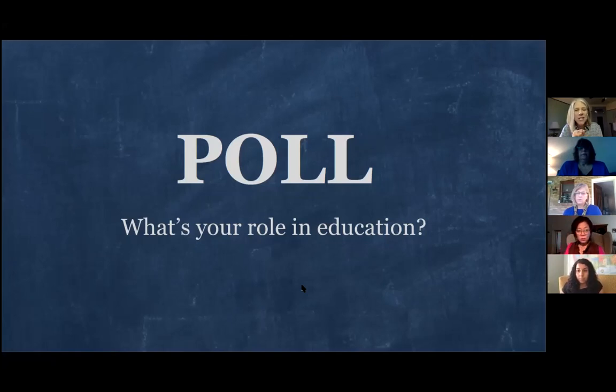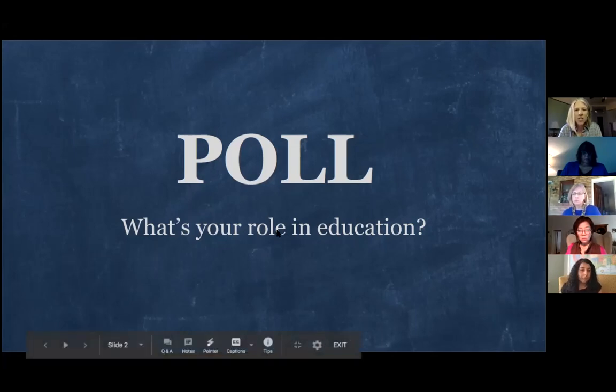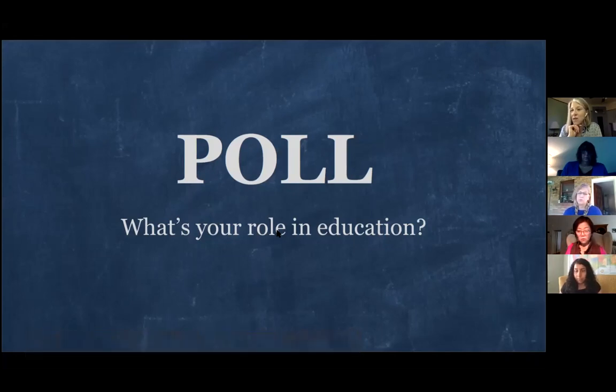I don't know if my screen sharing shows you the poll in progress, so it looks like we do have a lot of English learner focused teachers out there, but also some middle and high school teachers that I'm guessing have many English learners in their classrooms. So we'll wait another 10 or 15 seconds while folks are logging in so we can then share this poll and see who it is that's been able to join us. It's great to also have some social workers and school counselors, interpreters, family liaisons, and even some district administrators out there.